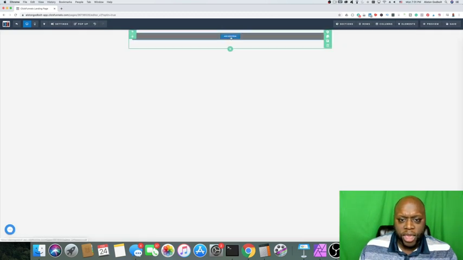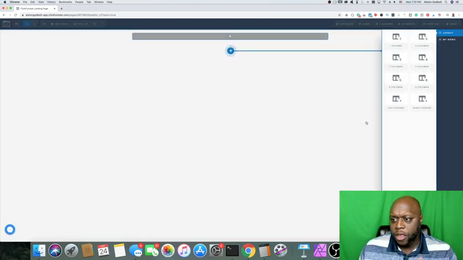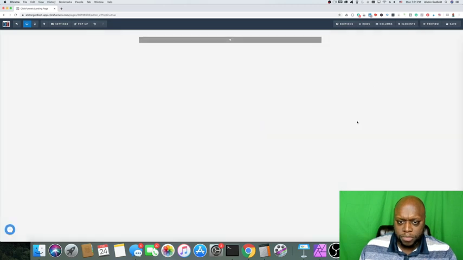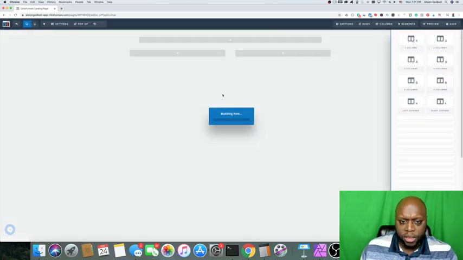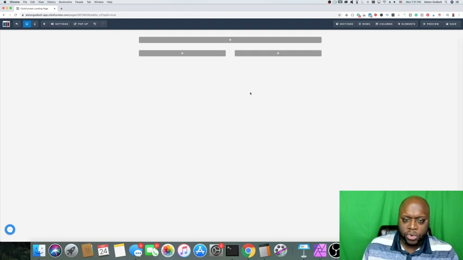Within a section, you have a row. Now within a row, you can create columns. You can have one column type per row. So as you can see here, I have a one column row. If I wanted to create a two column row, I'd have to create a new row, and I do that as well. It makes it really easy, really simple.